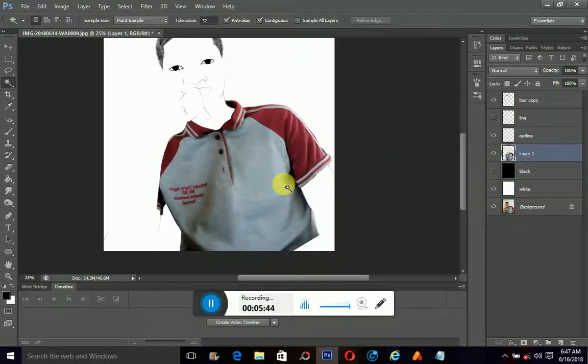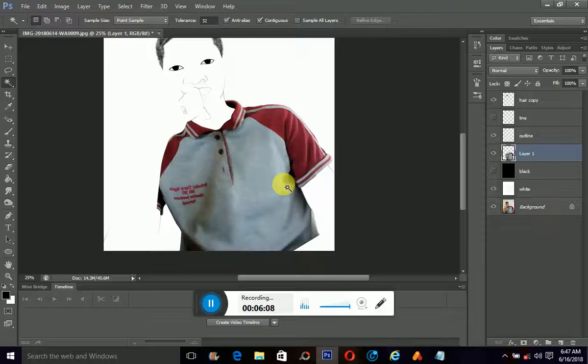So let us just go to the aspect. I think we are done with clothes. He's not putting on more clothes. If he's putting on a shirt, a trouser, shoes, jewelries like wristwatches and necklaces, you can also do the same thing to them. Just as easy as using your pen tool to mark the spots, apply your stroke on them, and